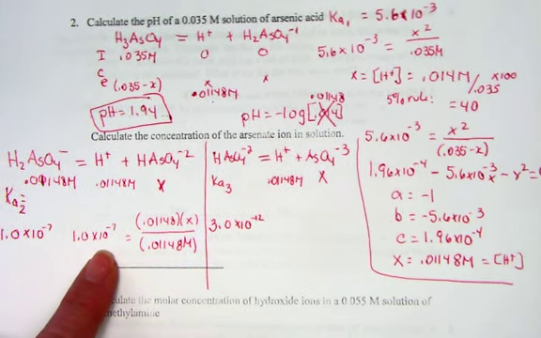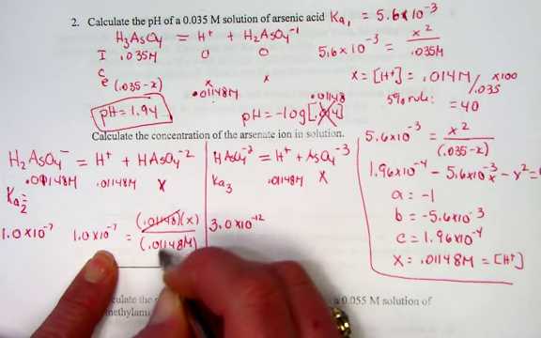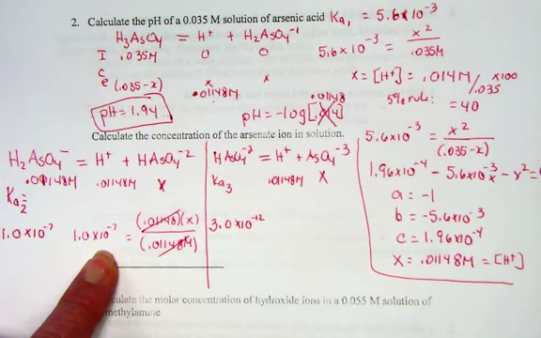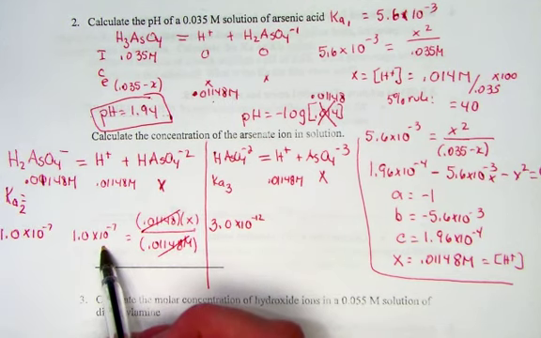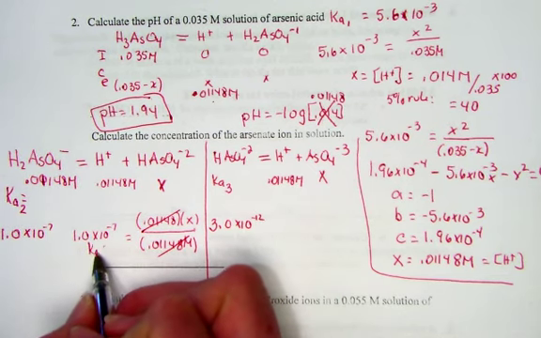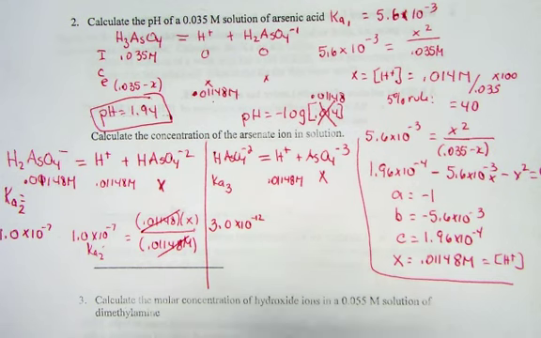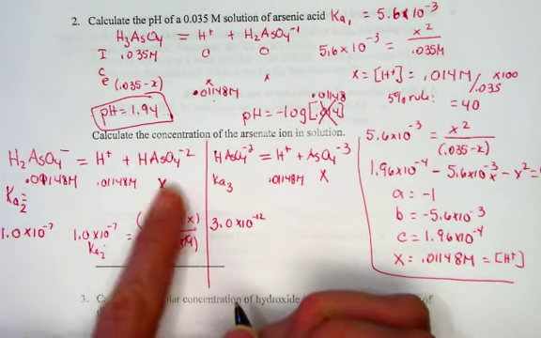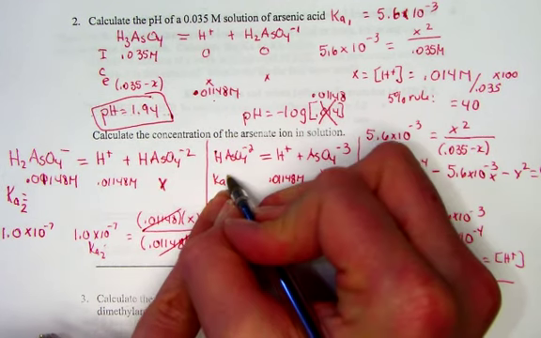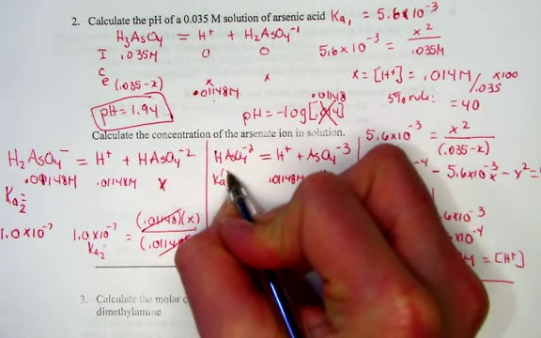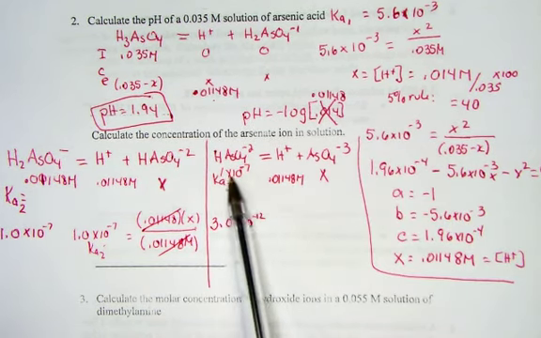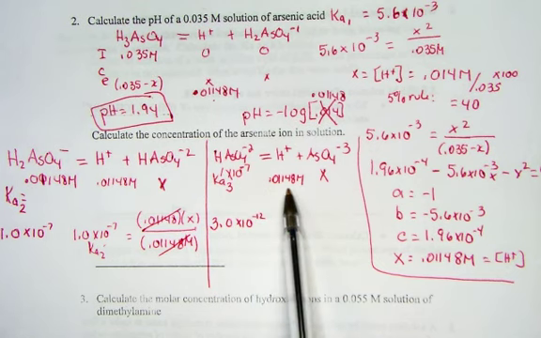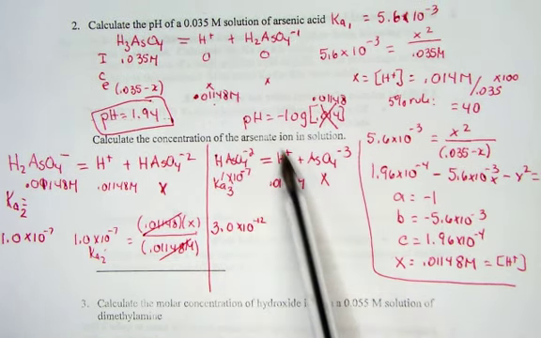In that second equilibrium, notice that these 2 values simply cancel, and the X that represented the hydrogen arsenate indeed matches the constant Ka2. That happens every time we're working with a polyprotic acid. Ka2 represents that second concentration. So that X, HAsO4 -2, gets carried over into the next ICE chart: the concentration of the hydrogen arsenate is 1 times 10 to the negative 7th, with the hydrogen ion original value from up above,